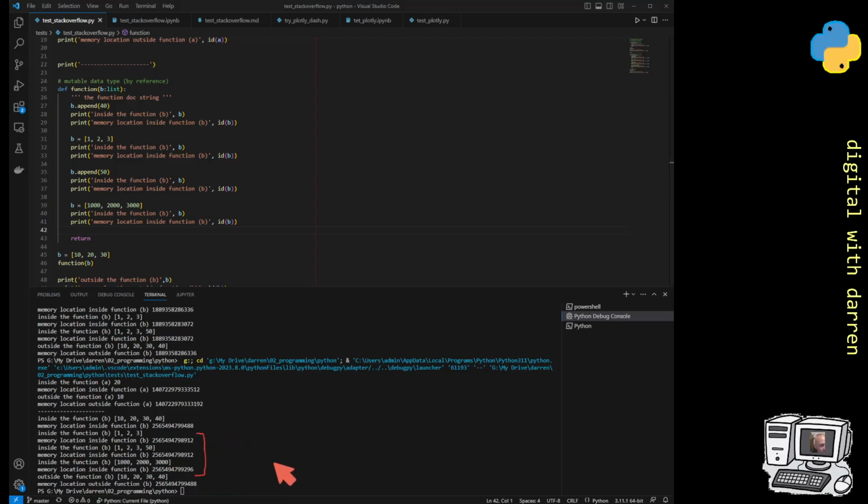They've all run inside of the function, but again, and this is kind of like the point in highlighting, is that this one here has now changed its location because we've assigned a new b here, just as this one here had changed its memory location from here, and